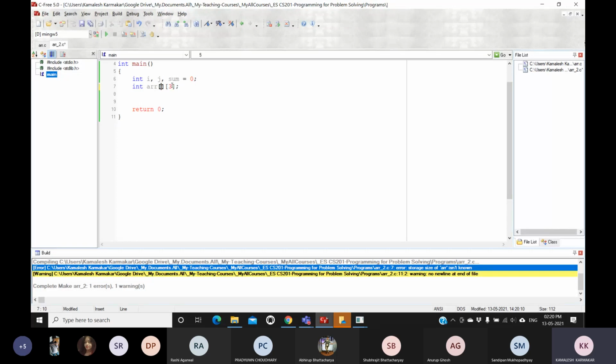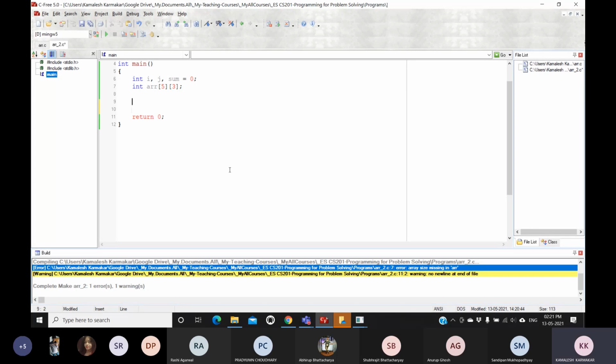Now if I don't give this value either, again it will not compile. So here I have to specify the number of rows and number of columns. For both of these dimensions, or if it's an n-dimensional array, for each and every dimension you have to provide a specific value, so that the memory can be allocated for it.